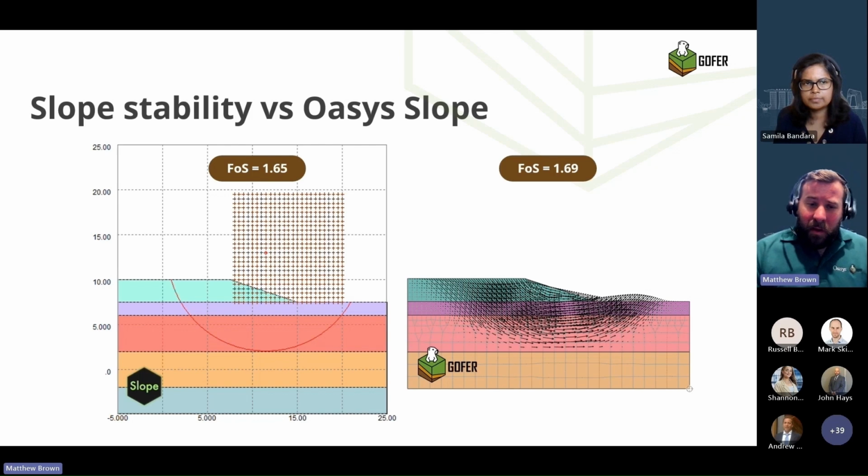Slope stability might be one area where we, in some cases, might expect to get a slightly different factor of safety, particularly if the critical slip surface is very non-circular. Traditional limit equilibrium methods might struggle to give you the correct answer in those cases, but this particular test isn't really affected by that. So the critical slip is very circular, hence we get a similar factor of safety between the two different methods. I mentioned previously that we have plans to implement the limit equilibrium slope solver within Gofer,